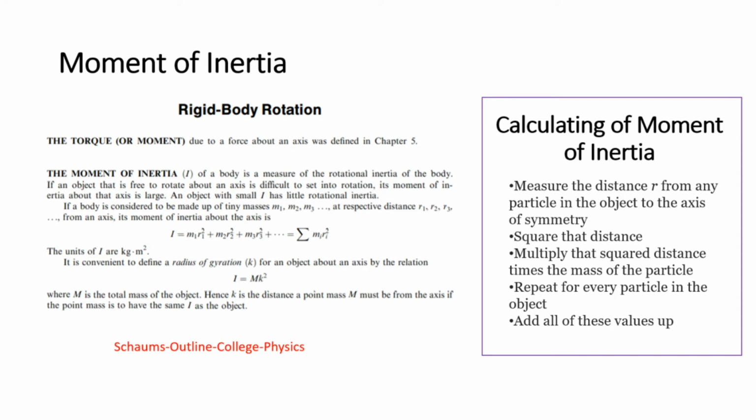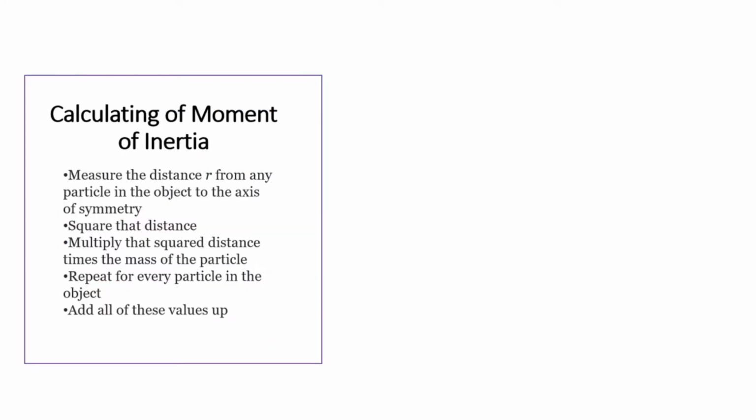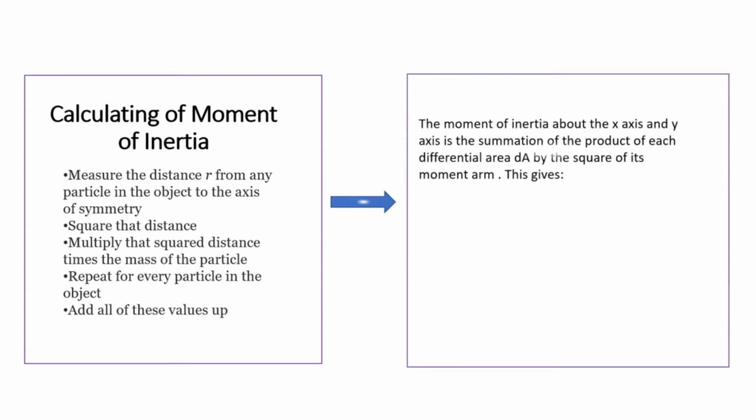So, paano ba natin siya guys i-relate sa ating theory of structure? So, sa ating theory of structure, the moment of inertia about the x-axis and y-axis is the summation of the product of each differential area by the square of its moment arm. So, this gives,